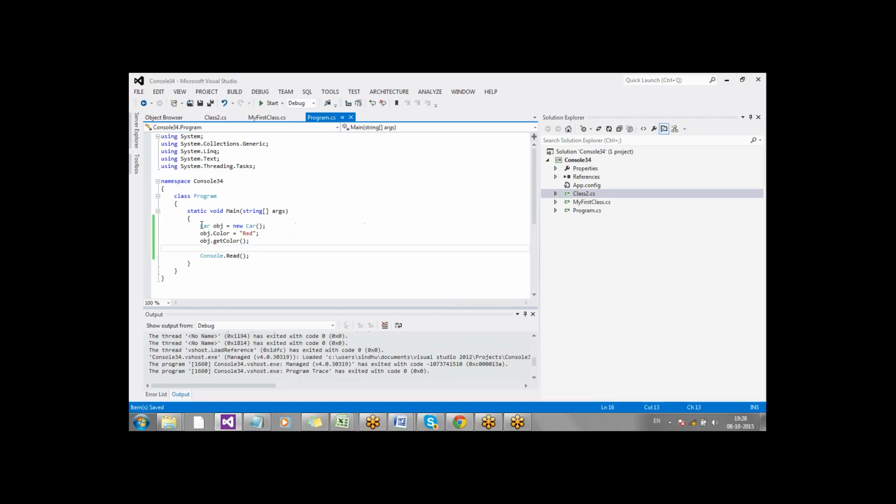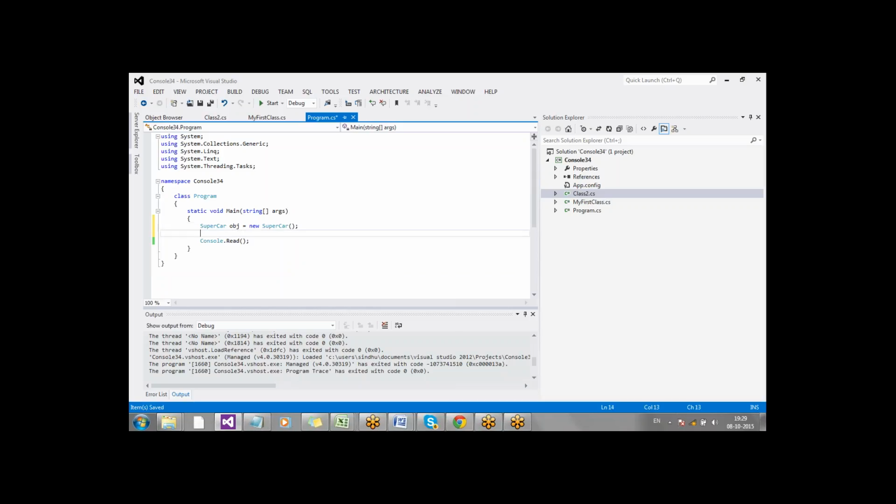Fine. Now I'll remove all this code, and what I'll do, I'll create an object of SuperCar type. Excuse me. Good.